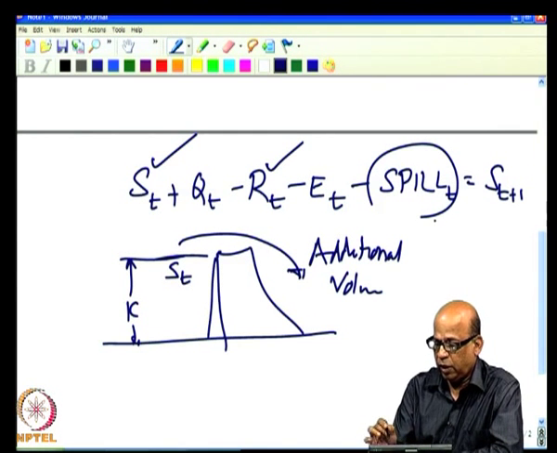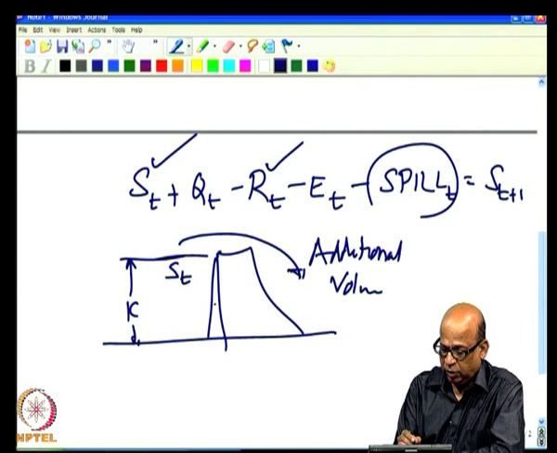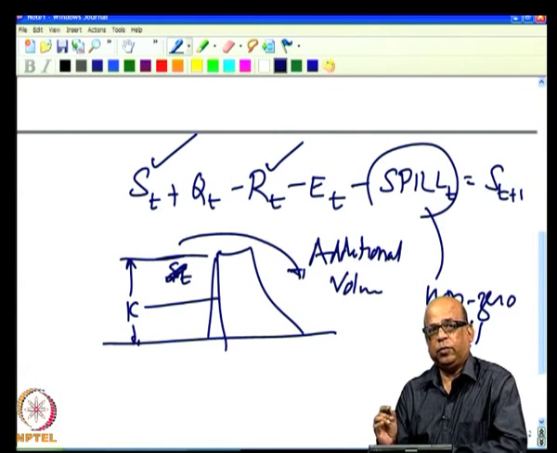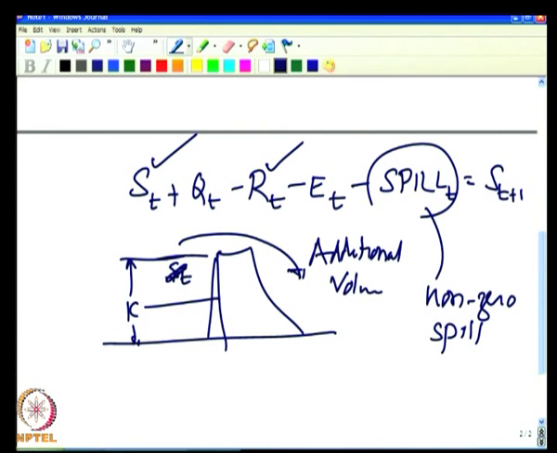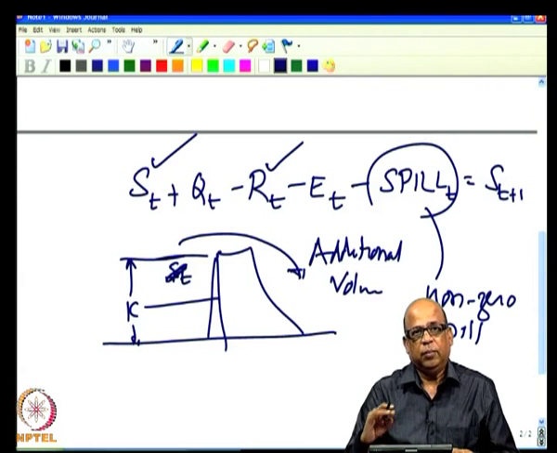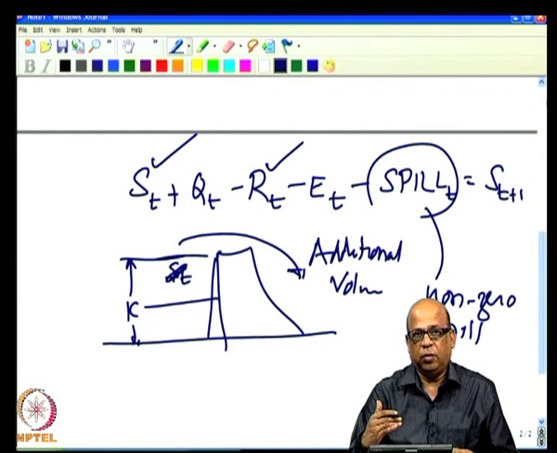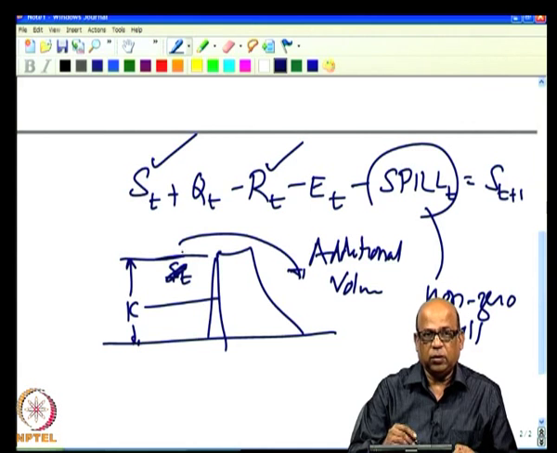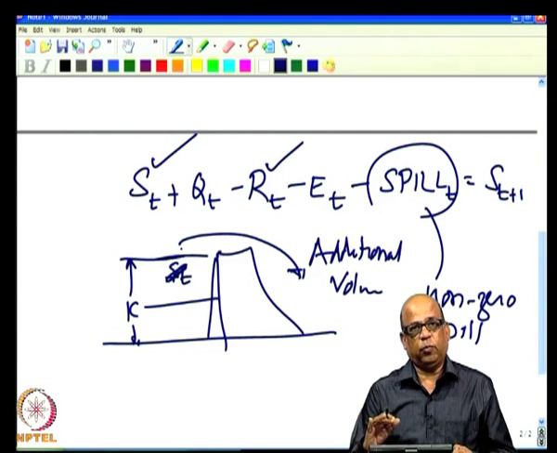If you do not specify additional constraints, what will happen is, even when your storage is here, you may get a non-zero spill. So, you must remember the subtleties of modeling, where you have to specify to the program in a mathematical constraint sense that the spill T that we are now introducing should occur only when the reservoir storage reaches the capacity. So, this is what you keep in mind.